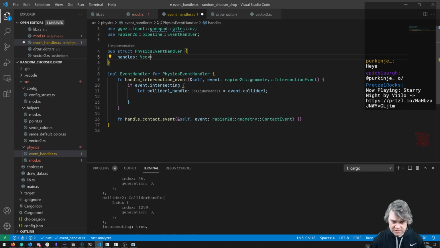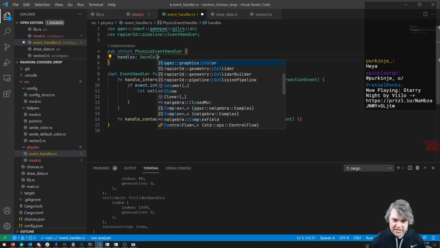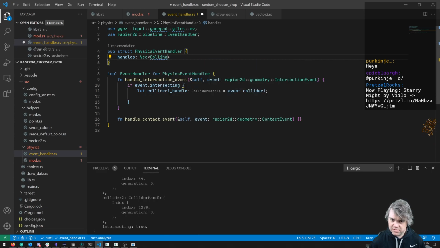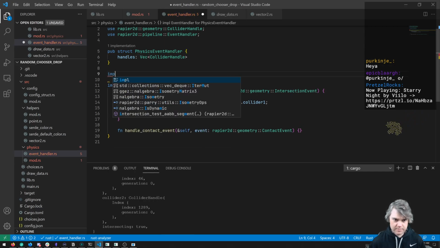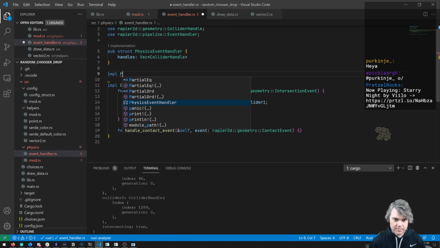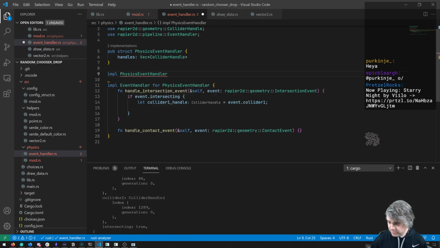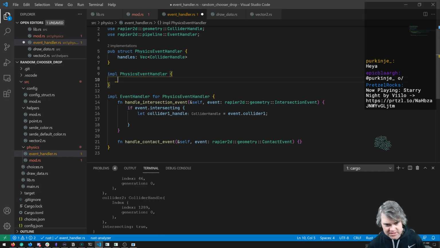It could be a growing vector of collider handle. So when I do this impl physics event handler here, it's very similar to this other impl, except I now can create my own methods on this. So there's no